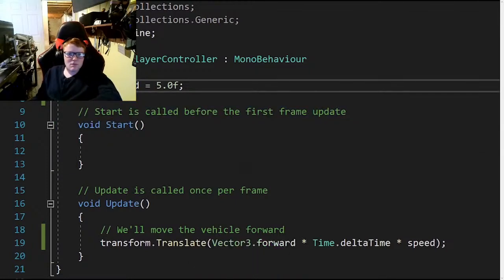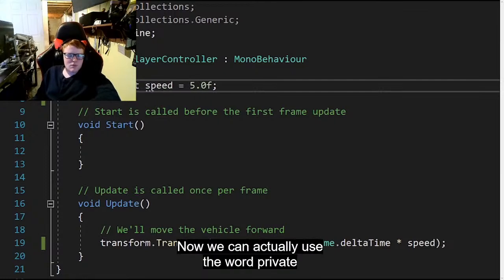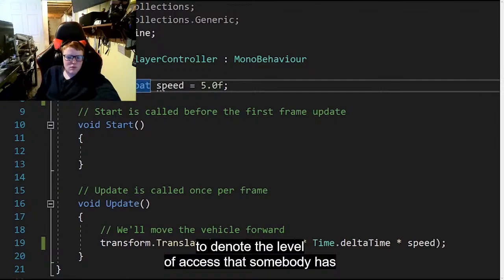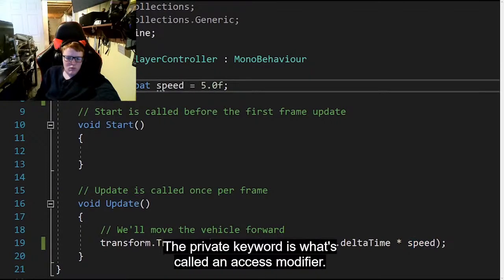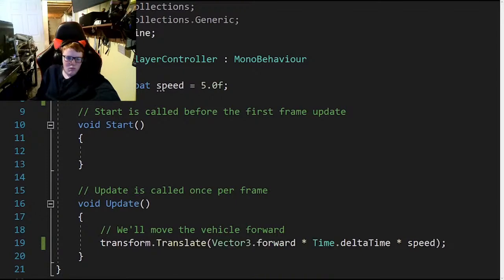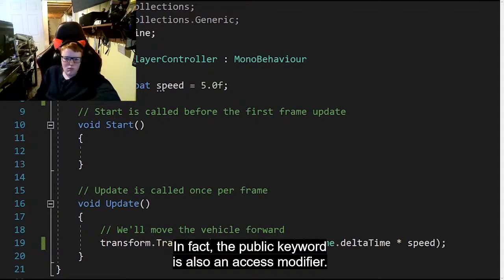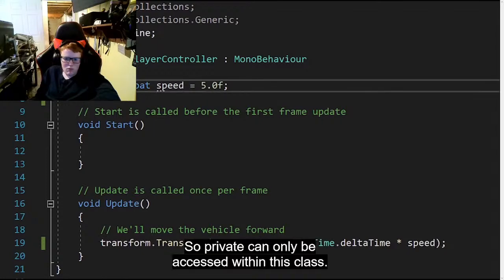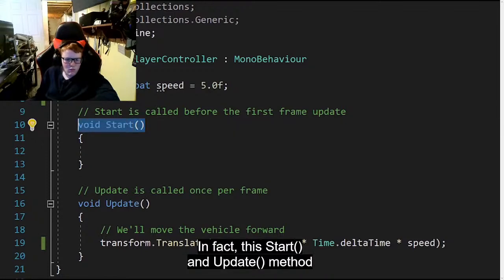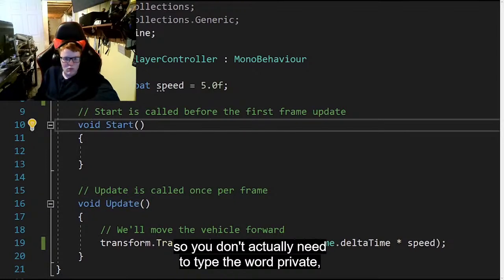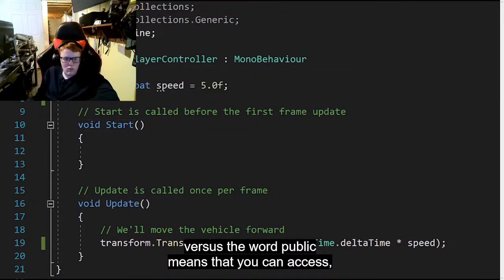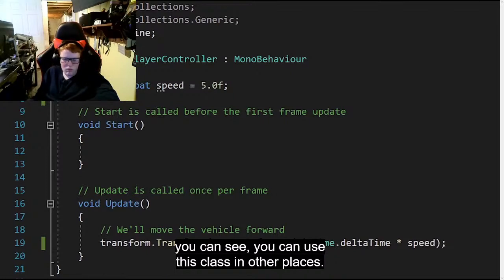It can't be used outside of this class. Now, we can actually use the word private to denote the level of access that somebody has with our speed variable. The private keyword is what's called an access modifier. In fact, the public keyword is also an access modifier. So private can only be accessed within this class. In fact, the start and update methods are both inherently private, so you don't actually need to type the word private. Versus the word public,